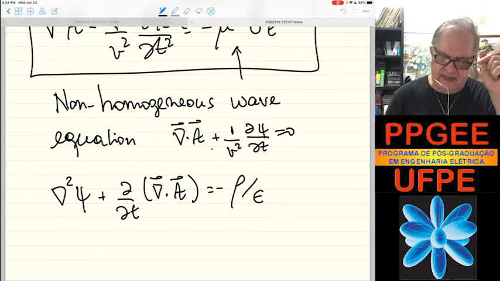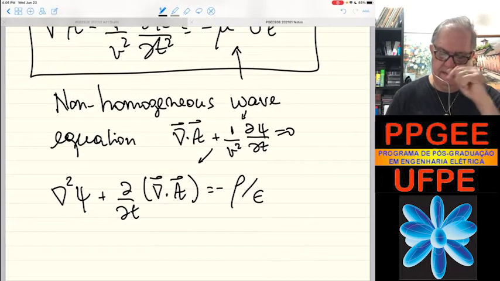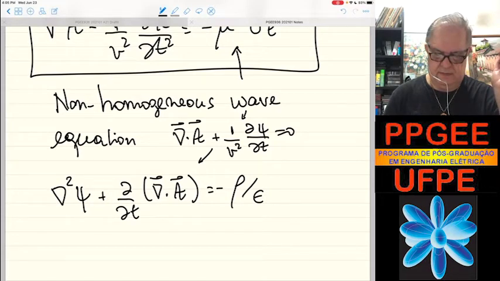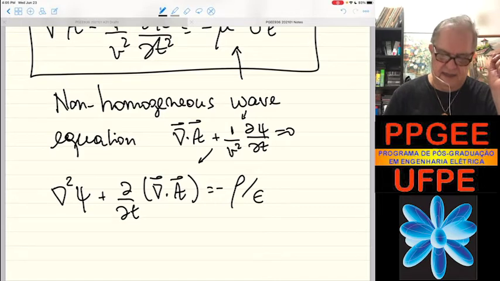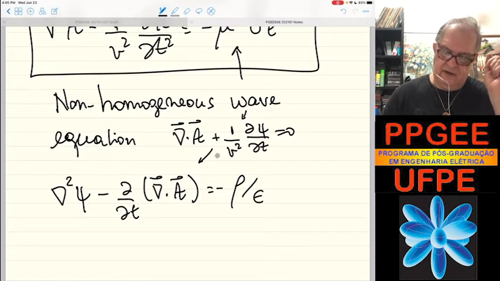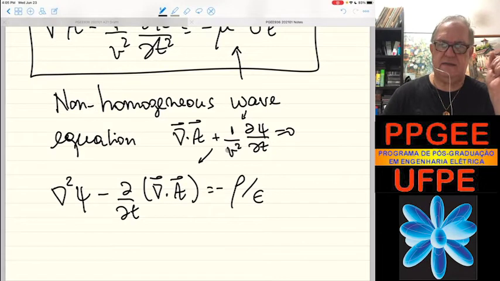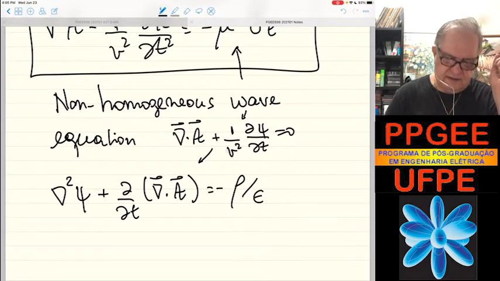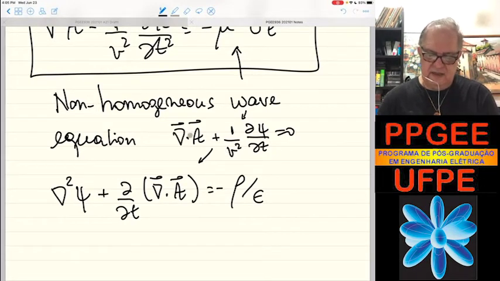Sorry, there was a typo here, this is minus, of course. No, this is correct, this is not wrong. If we replace divergence of A by minus 1 over v squared d psi dt,